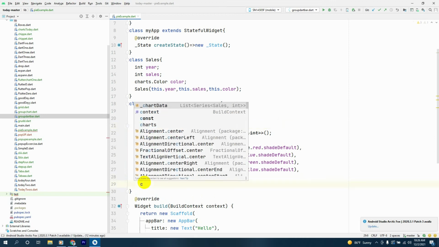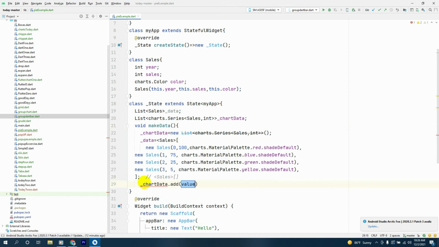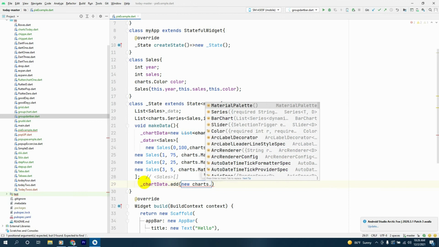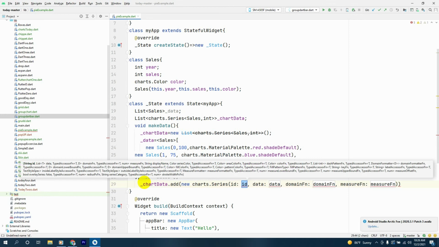Next thing, we'll have chartData.add, and we'll have new charts.Series. The ID will be sales, and the data will be our data,